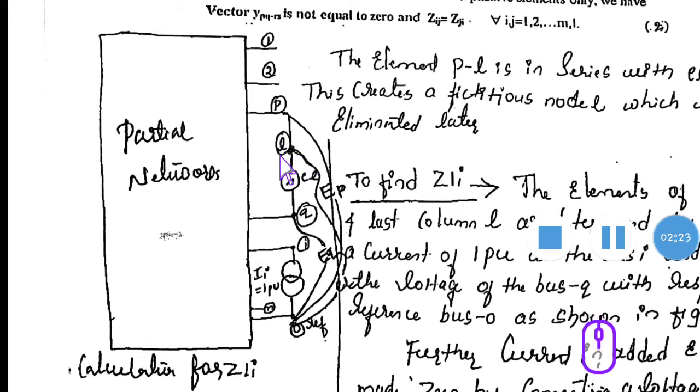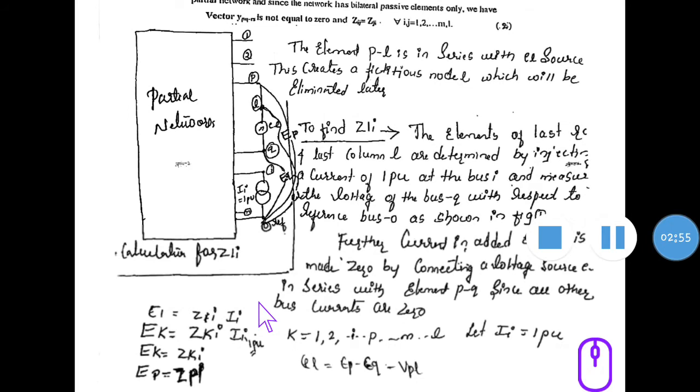So even though L is created in between, first we are forming ZLi, that is the off-diagonal value, and once we do the derivation, that L is replaced by Q. First L is added, afterwards that has to be removed, and a current source will also be there in between. For P, EP is the voltage, for L, EL is the voltage, and EQ is the voltage of the node connected to reference. Now Ii is 1 per unit. Let us say this is to find ZLi, which is the off-diagonal value. The last row and column, that is L, gets added; first it is injection, afterwards that has to be removed.